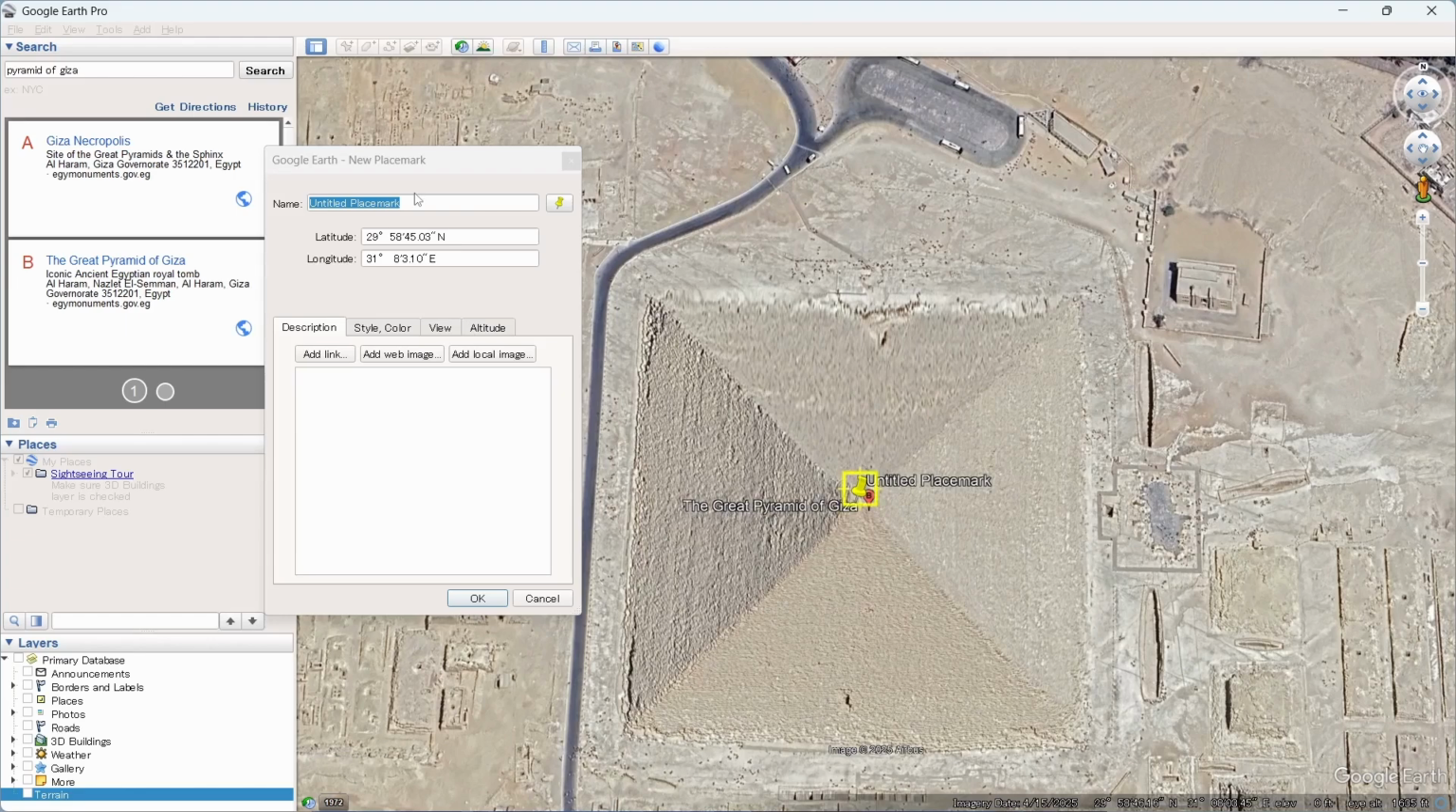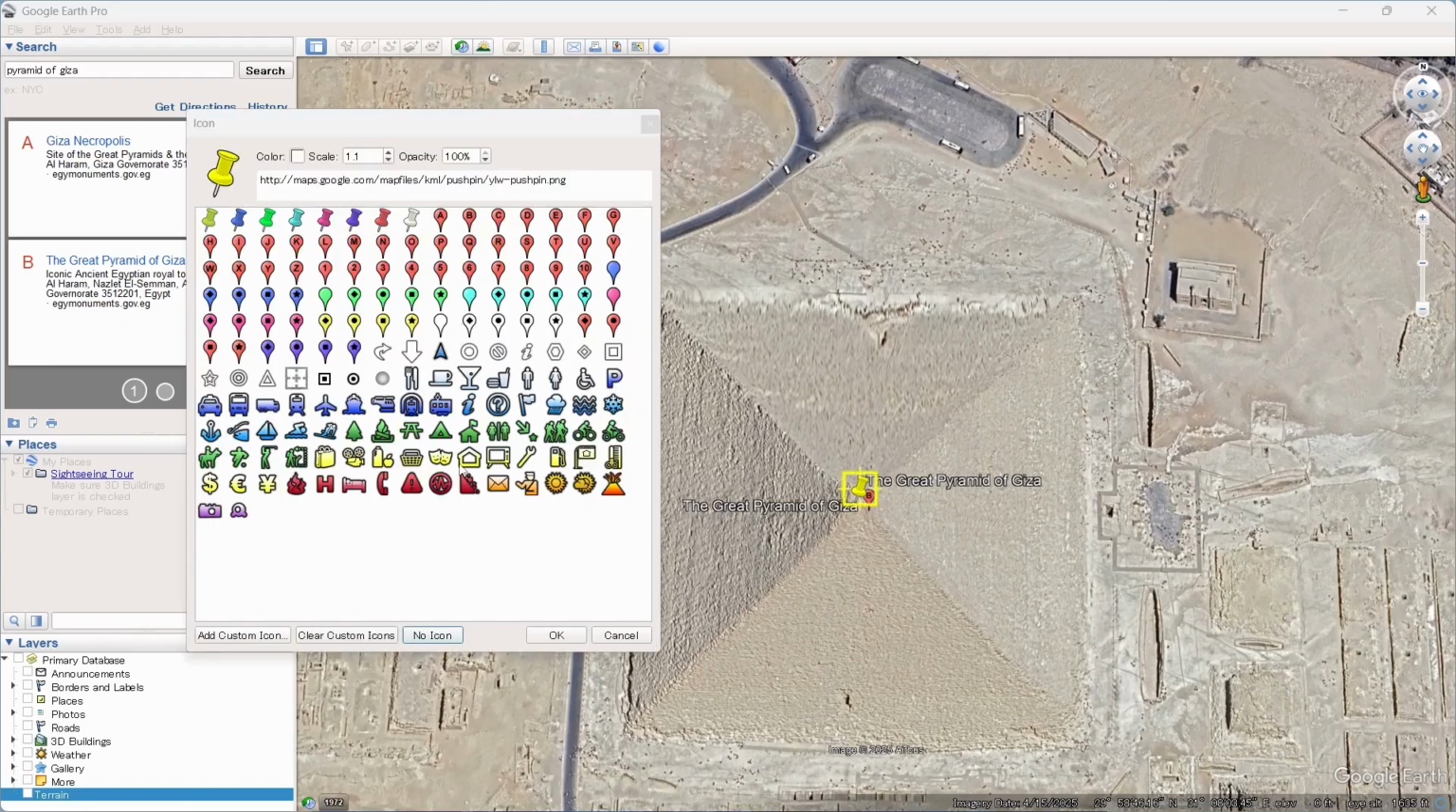and write the name of the pyramid, that is the Great Pyramid of Giza, and then click on the icon to select the icon, and we will use the yellow one. Let's click OK,